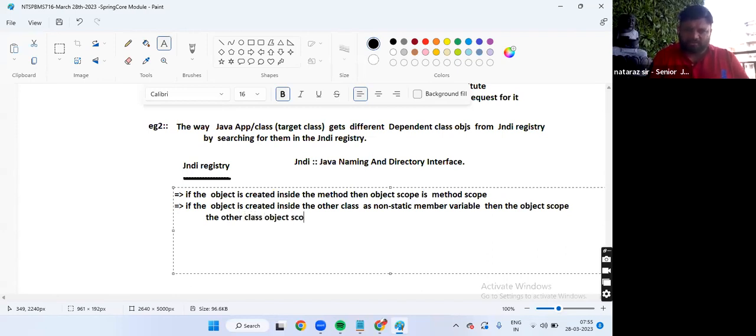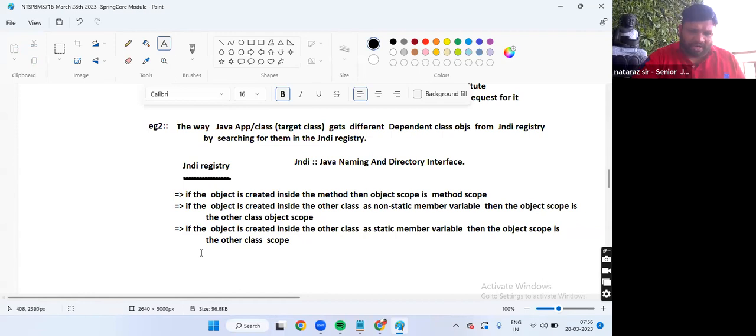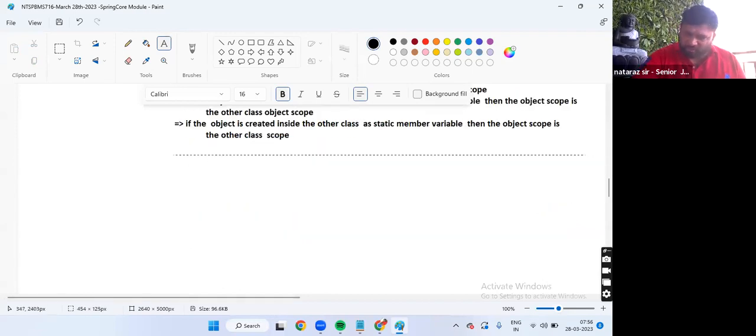If the object is created inside the other class as a static member variable, then the object scope is other class scope.